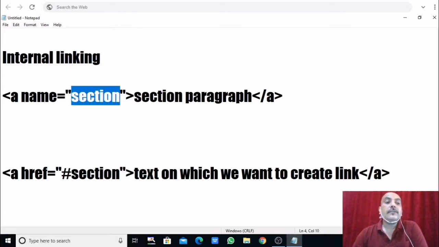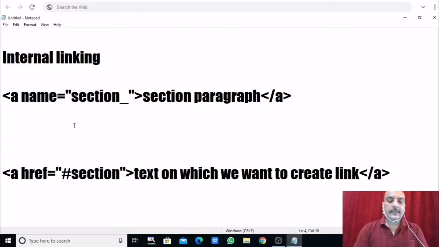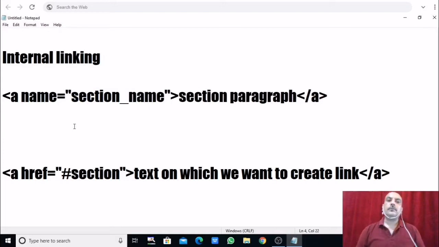So here it is written anchor name section, here I have given section. Better if I write it as section name. For a specific section we need to put a name. It can be anything, your name also, Rahim, or whatever, right?